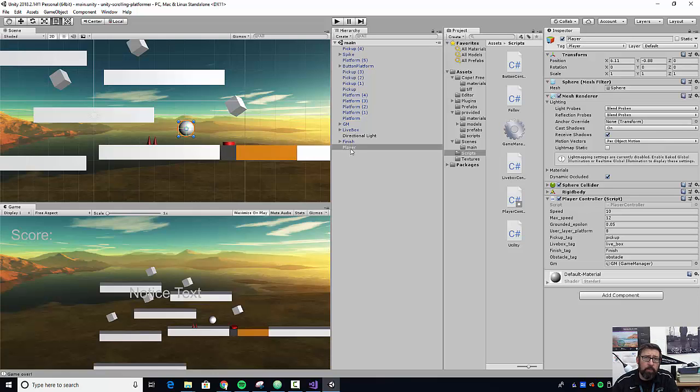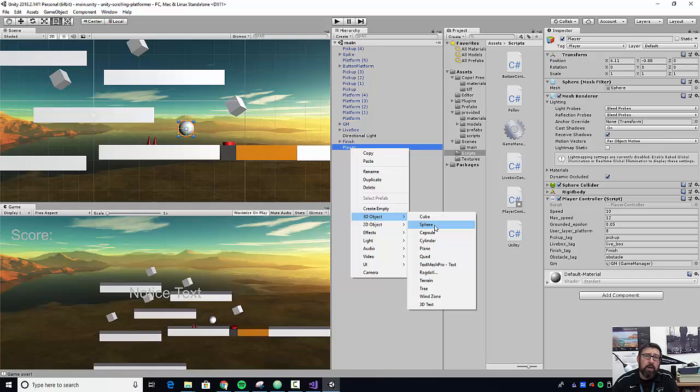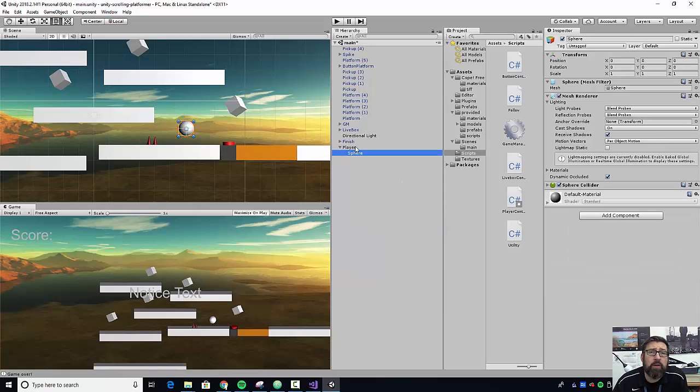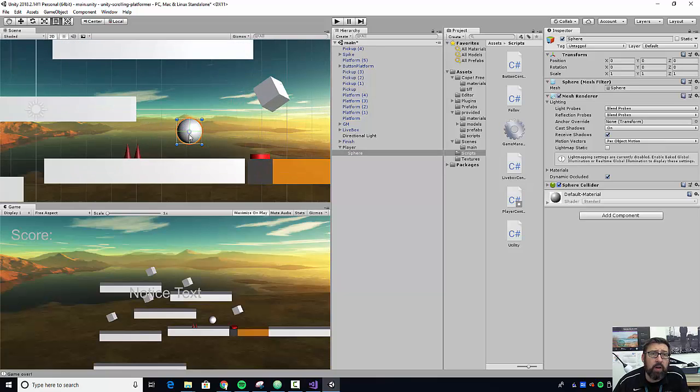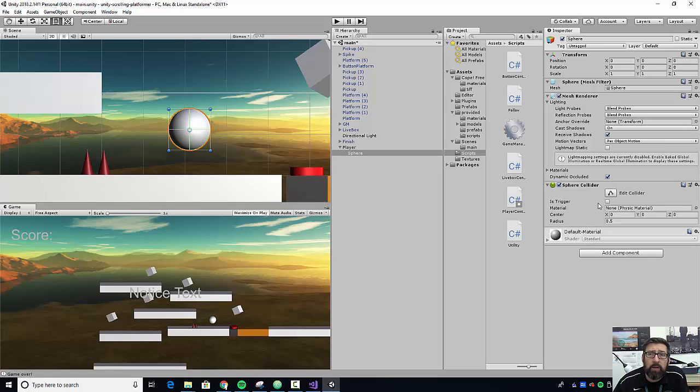So you want to go to the hierarchy where you have the player. You want to right-click on it. And then you're going to create a 3D sphere. And when we click it, first of all, if you look at this particular sphere, it has a scale of 1, 1, 1. If I click the sphere and you select it, it should have that same scale. So what we're going to do is take the sphere collider. Let's go ahead and open it, and we're going to expand this. You'll notice the radius is 0.5 because that's from the center out, as opposed to the scale, which is the full size. We're going to make this sphere collider a trigger, and we're going to change the scale to 15,